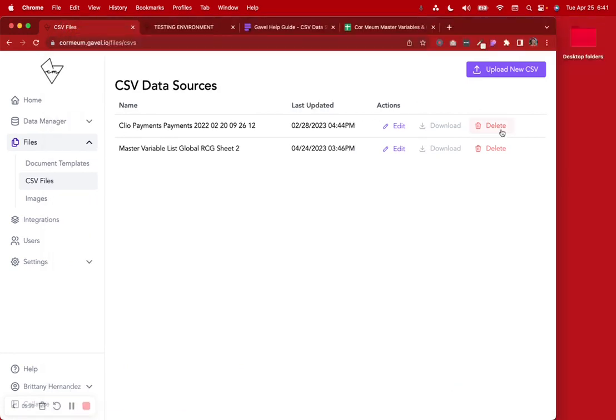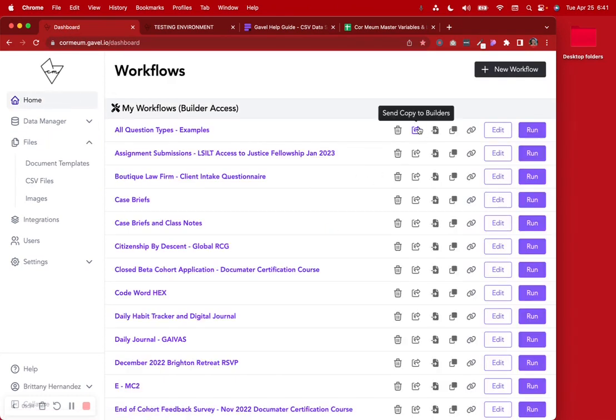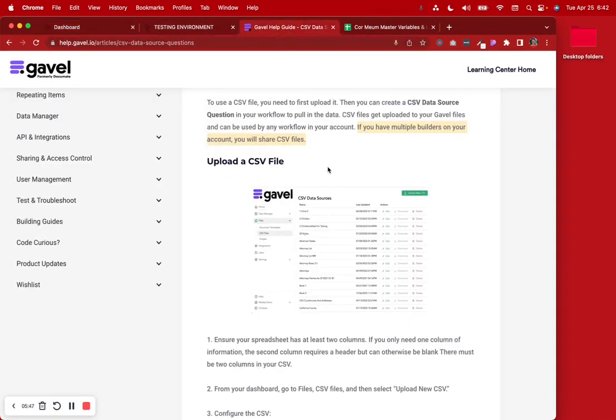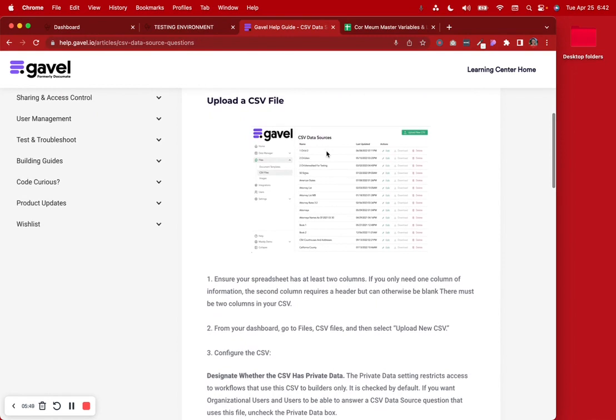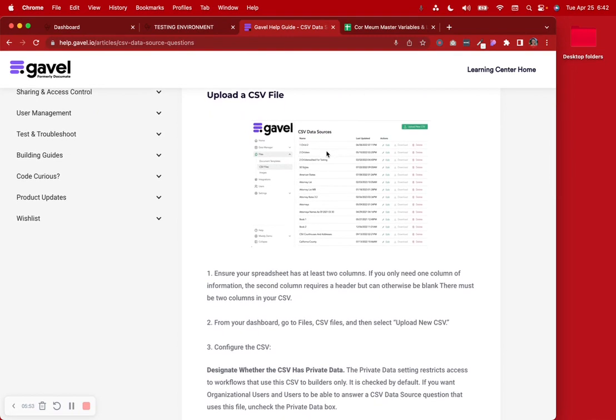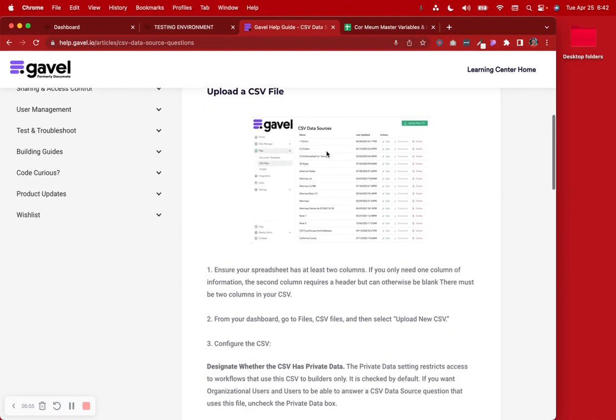And that's really helpful if you're passing workflows back and forth using this send copy to builder function, because it's not going to disrupt any of your CSV files as long as you're sharing on the same subdomain like this. So if we go back to some of the different things we need to look out for as we're creating our CSV file to be mindful of so we don't hit errors,